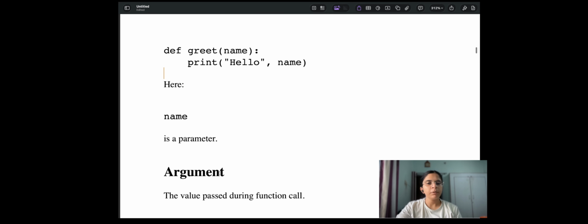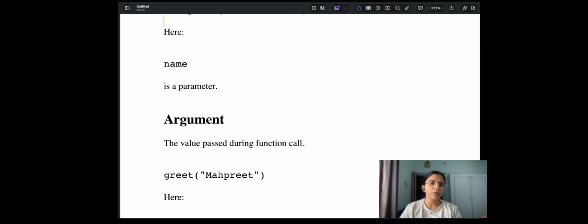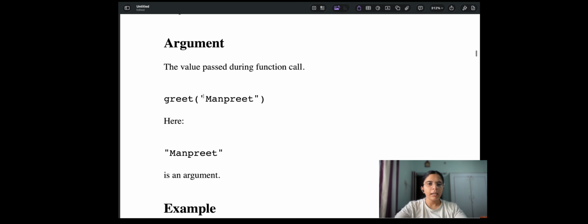Here, name is a parameter. Now we are going to discuss arguments. The value passed during the function call is known as an argument. Here, my name is the argument.